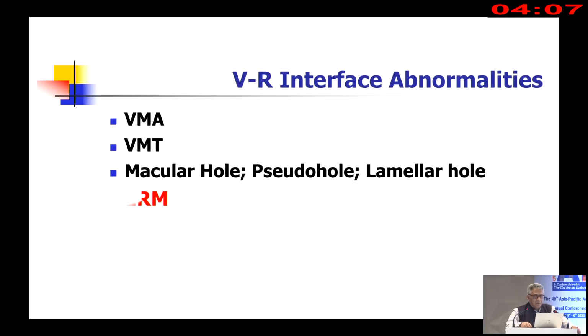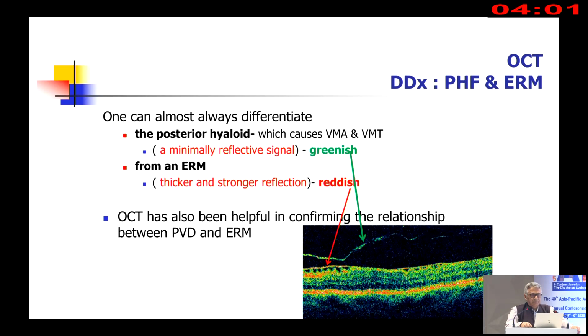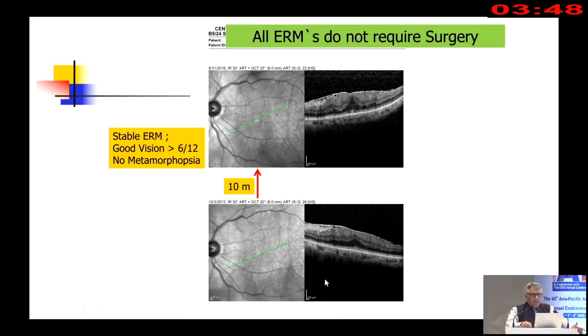Next thing is to talk about other membrane that is behind, that is upon the retina, therefore epiretinal membrane, epi means upon, retinal membrane, epiretinal membrane. On OCT, you can clearly distinguish on false color imaging that greenish color is hyaloid and reddish color, which is more cellular, therefore it is slightly reddish. Again, as in VMT, so is true for ERM.